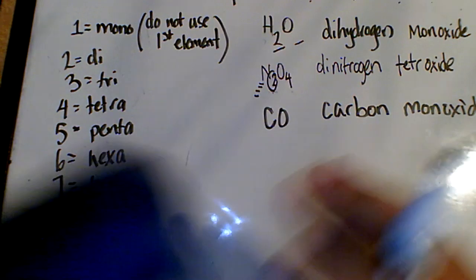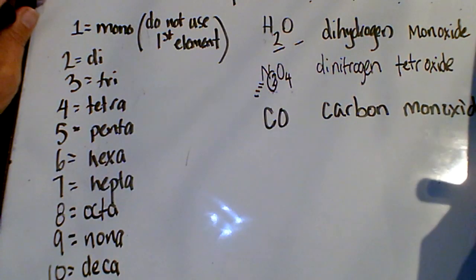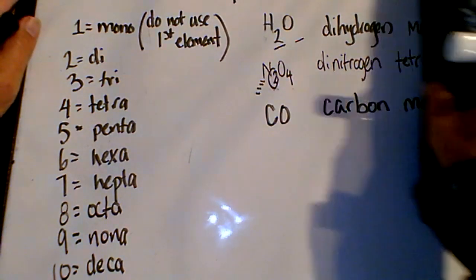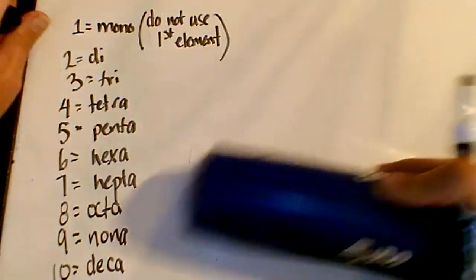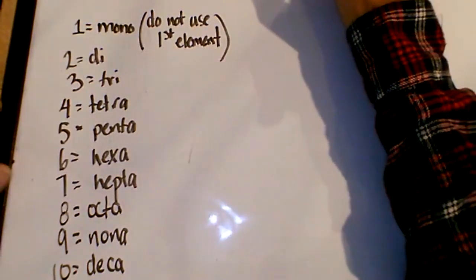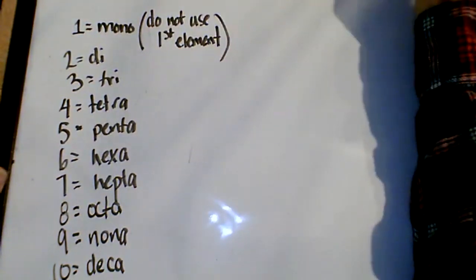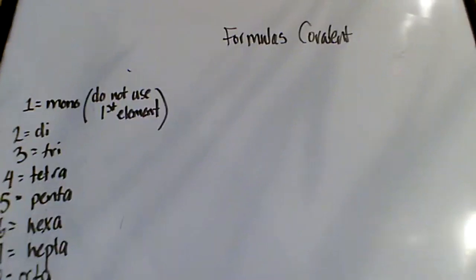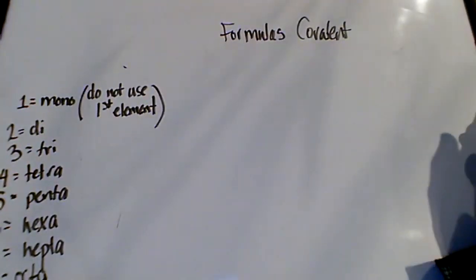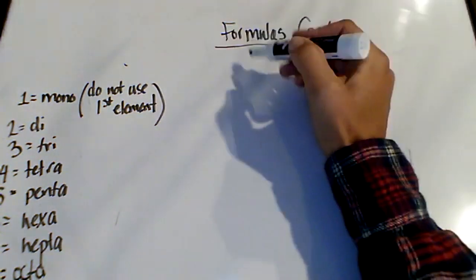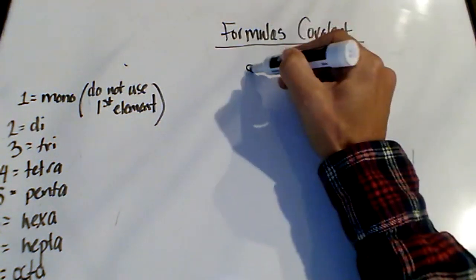Let's turn it around and not name, but let's write the formulas. All right, we're going to do formulas for covalent. You can't get any simpler than this. All right, because you're going to see prefixes. If you see prefixes, you know it's covalent. So you do not need the charges. So let's say that I see sulfur